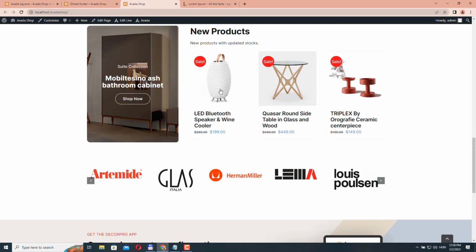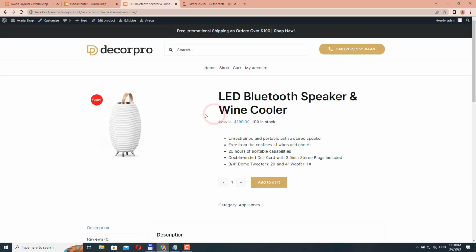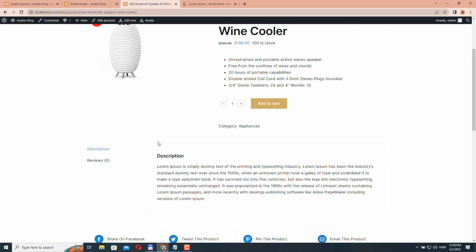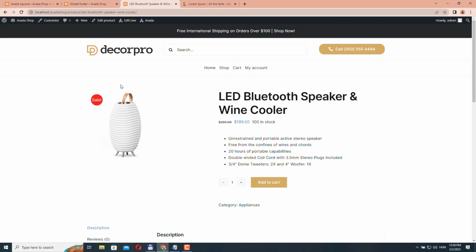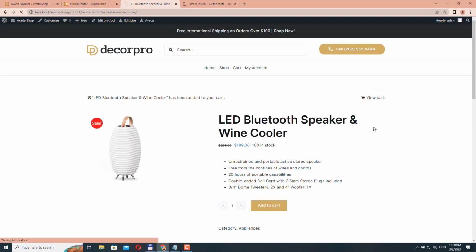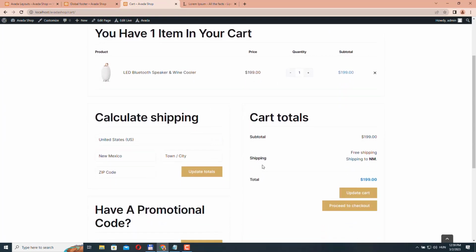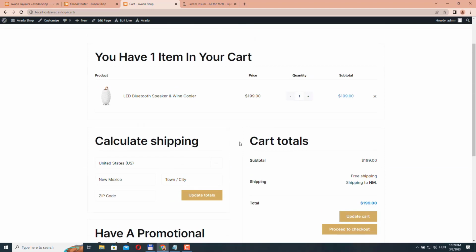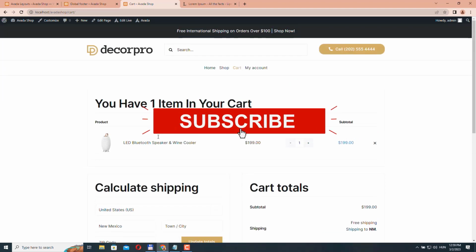Now, if we visit a product, we have a product page. Actually, I like it, and we don't really need to do anything here. We could create a custom product page the same way we created the header and the footer, but I'm not going to touch this. Let's see the shopping cart, and if I go to the cart, well, yeah, here we can do something actually. Okay, so next let's create a custom shopping cart layout